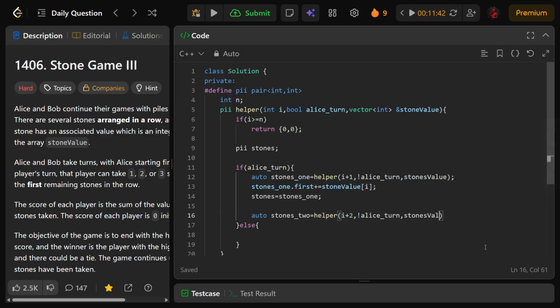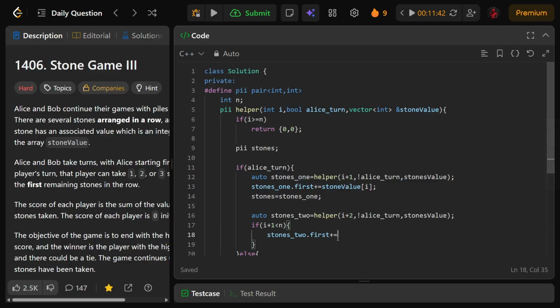And we have stones of value, right? Now we need to check if I plus 1 is less than n, and only then are we defining it, because basically we'll be considering 2 stones. If there is just one element at the end, you'll be choosing just one stone. If you have 2 stones, you have the possibility of choosing 2 stones. So for that reason, I'll be checking this if I plus 1. Okay, so in my stones of 2